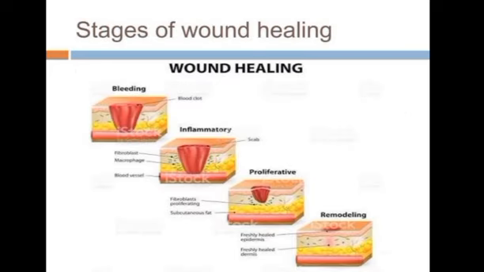Stages of wound healing. When we get injured, we will start bleeding. The area bleeds, and a blood clot will be formed in that area. Then some WBCs, RBCs, and platelets will come and form the blood clot, and inflammatory mediators will be generated and released from the nearby injured areas. Next comes proliferation, when healthy cells start to proliferate. Then remodeling, where the old injured tissues will be replaced by new healthy tissues. This all happens in the wound healing process.